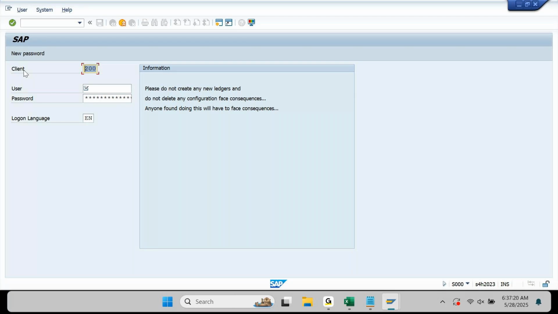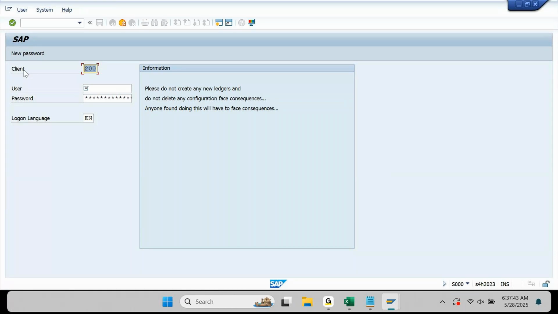They will create your password. They will share it with you. Whenever you receive it, it is from the Basis or security team. Both are the same. You can say GRC security or Basis. In general, we call it Basis. Okay. So whenever you join any project, point number 1, you will receive the connection details of the